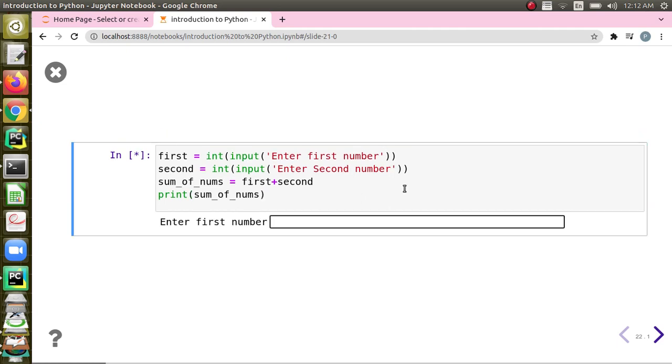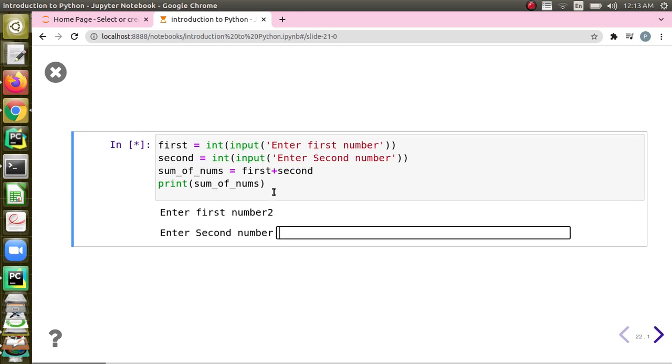Now I am running the code. First, you can see that the text inside this input is getting printed and it is waiting for the number. As soon as I enter the number, this input function will take it as a string, but we are using here the int function. So the string will be converted to an integer, and first will be pointing to an integer object.